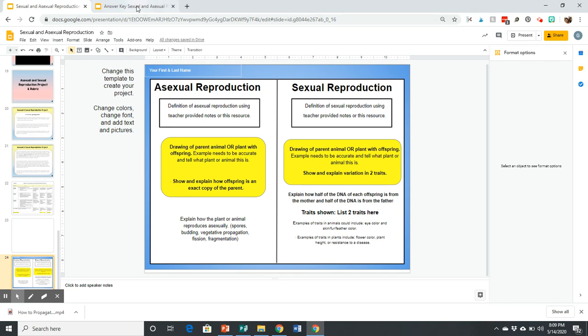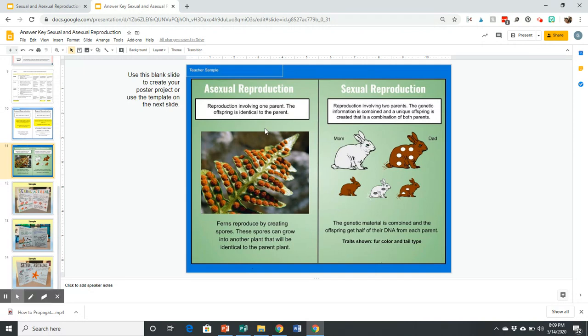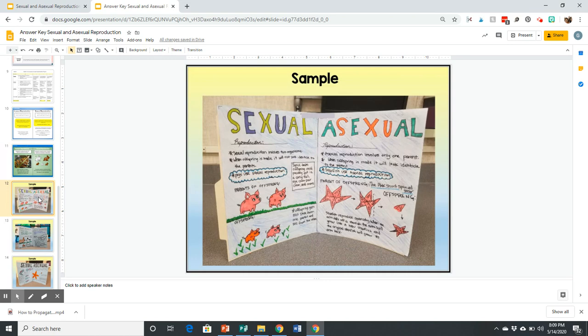I also wanted to show you a completed slide here. So you're going to, after doing these interactive slides, you'll have learned about asexual reproduction, how it involves one parent and the offspring are identical to the parent, or sexual reproduction, which involves 2 parents and you have genetic variation. So here's a sample of the slide. This isn't included in your slide deck, but I just want you to see, or you can actually do it on paper where you have each side of the paper, just like the slide, explain the 2 different types of